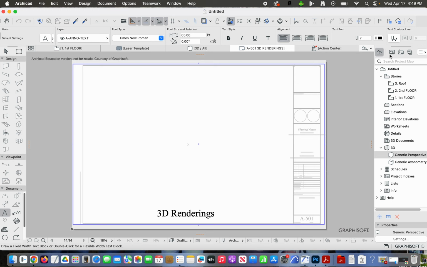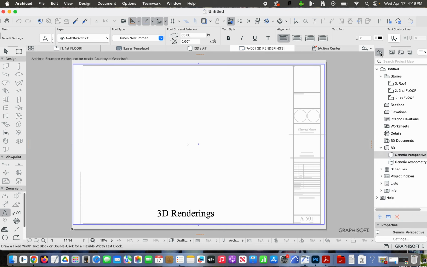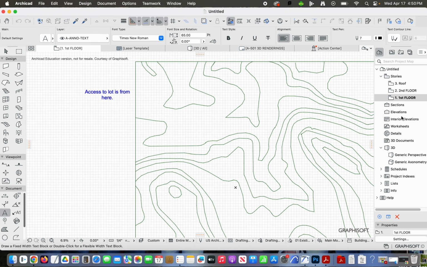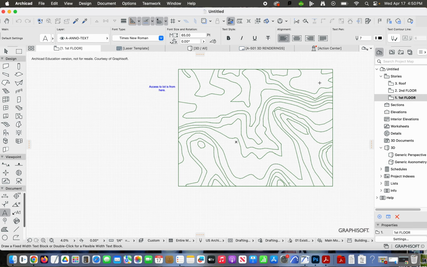Remember, we have different views we can toggle between. So the workbook view is here. If I go to the drawing view, which is the house over here on the right, and click on first floor. So what's different about this one versus the other ArchiCAD projects we've used, you guys, is you are given